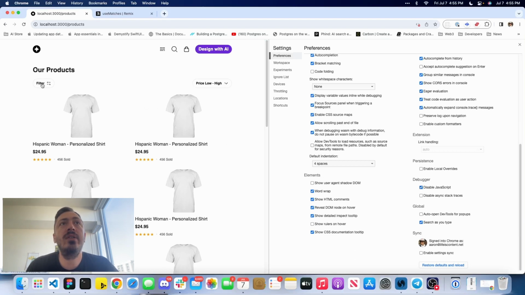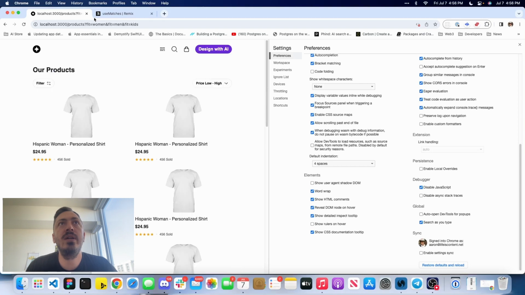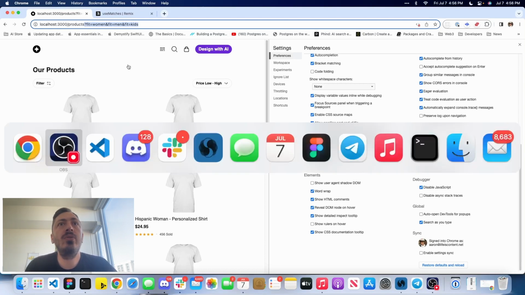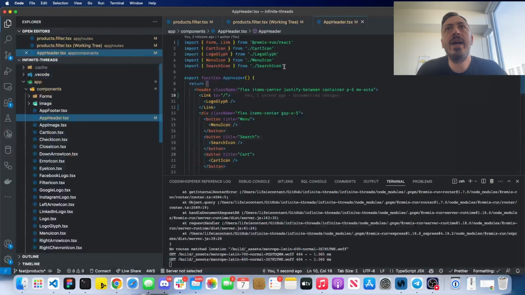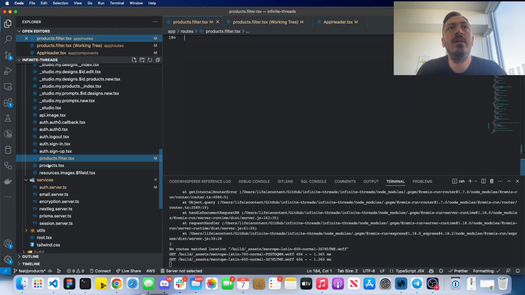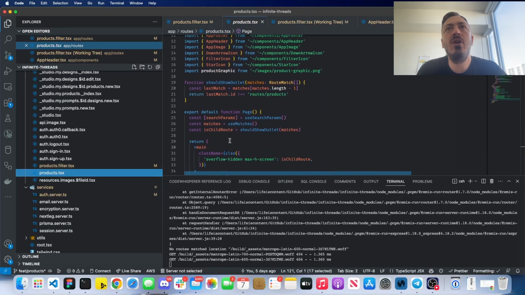So here I've got this thing called a filter, and if I click on it, you can see a modal shows up. I can make some selections and click show products, and you can see that the URL is changing in accordance to that. So what's cool about that is on the back end, if I want to know, hey, what are all of the filters that are being applied before I show all of my products,